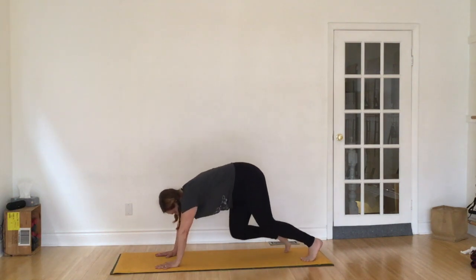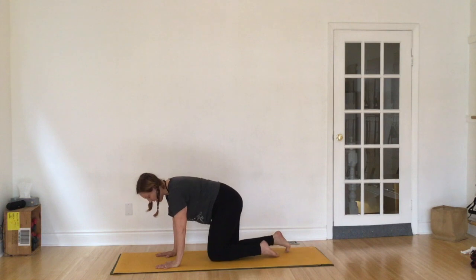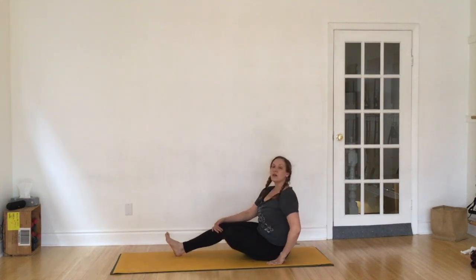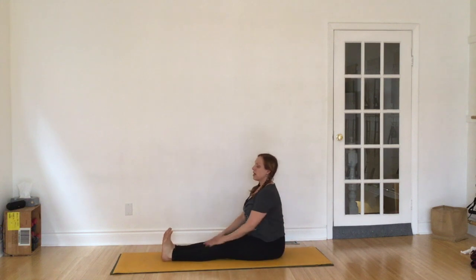When you've completed your breaths, you're just going to slowly come down to your mat, and you're going to bring your legs out in front of you, and we are going to continue shortly. So we're going to continue with our practice with these seated positions. So we're just going to start with